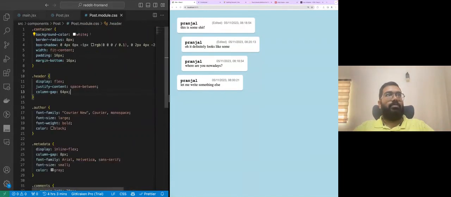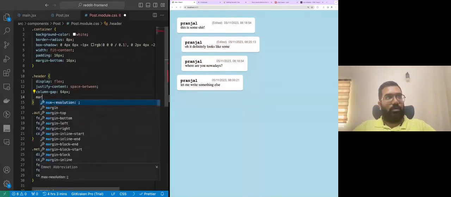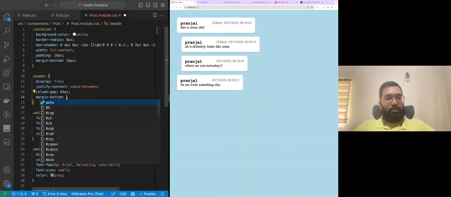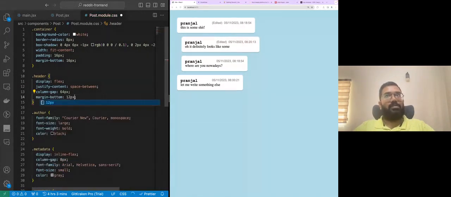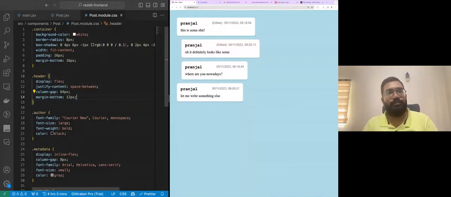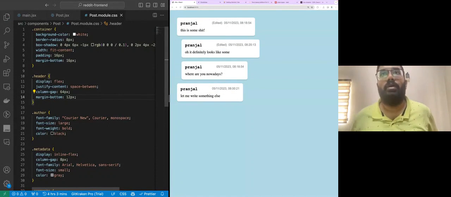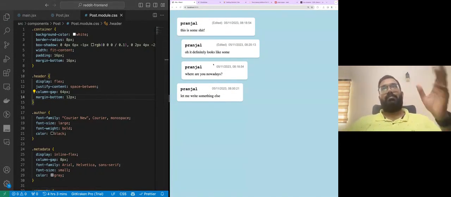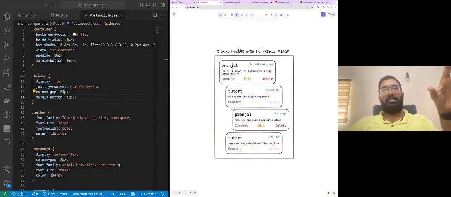So I'm going to put the margin bottom of 12 pixels so that there is some space between the name and the body. Okay. So with this, we have more or less the styles ready, and